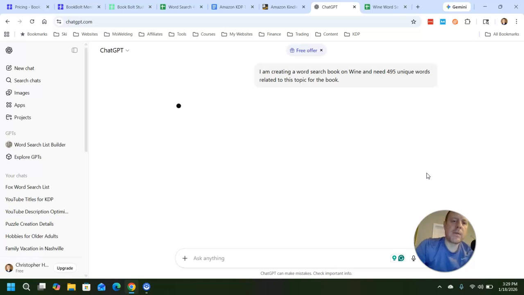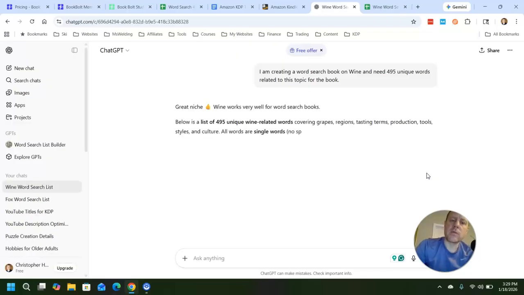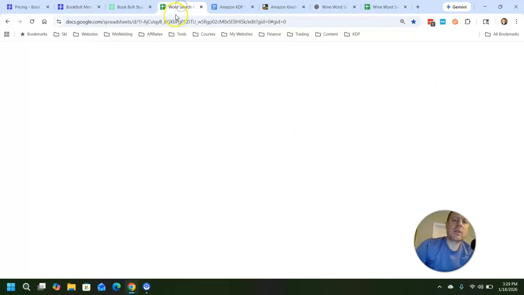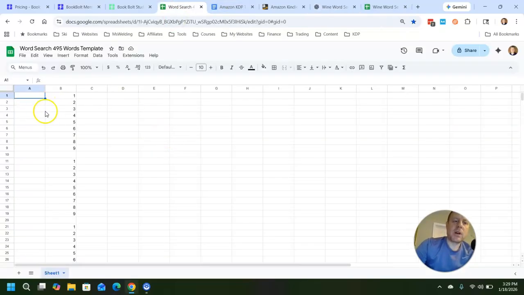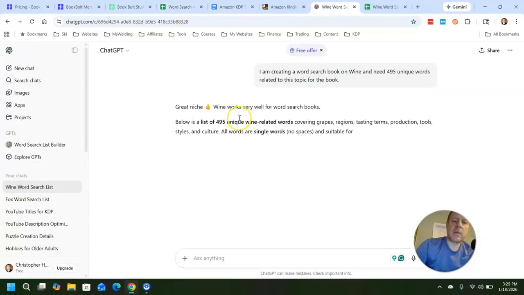One thing you will have to pay attention to in this process, and this is the only part I use ChatGPT on, is creating the word list, because this probably takes the most time. You will need 495 words. What I do is create a simple template that I can put all these words into. And the thing you'll have to be paying attention to is that none of the words